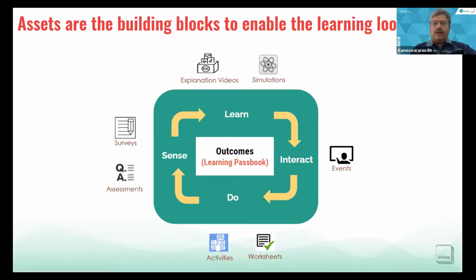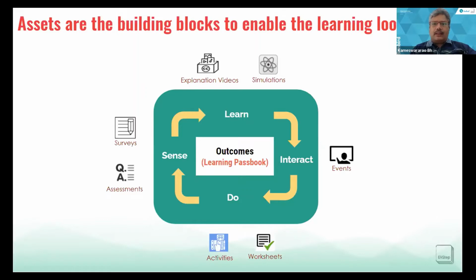So there are a variety of assets, whether it is content, question sets, actions, which can be used in terms of doing these actions. However, just imagine a scenario where you have created a learning system where a learner or an instructor comes onto the system and finds a variety of, let's say, videos, documents, simulations, worksheets out there, right?